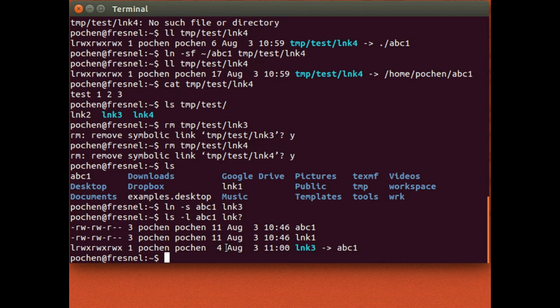So this is actually the size of the link itself. It's not the size of the target file. And as you can see, if you create a soft link or symbolic link, the number in the second column of the long listing doesn't change. It's still 3,